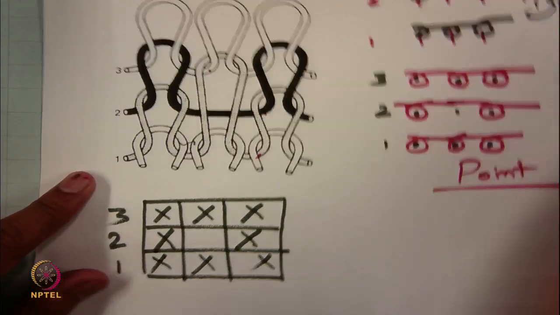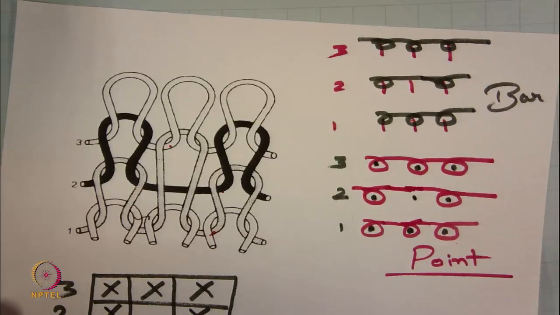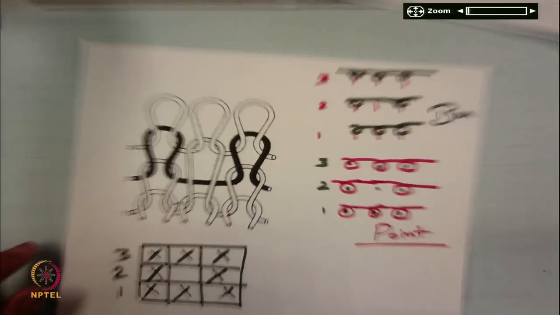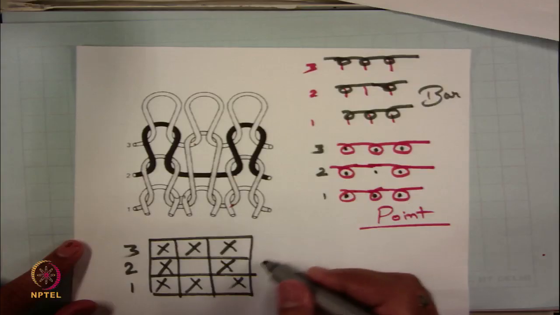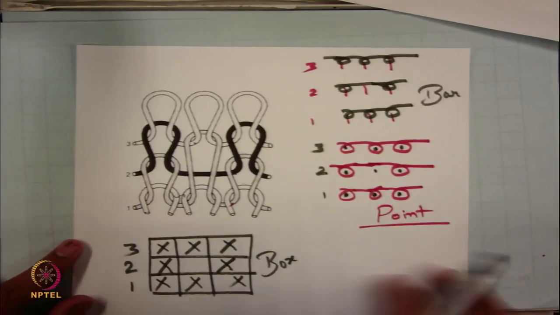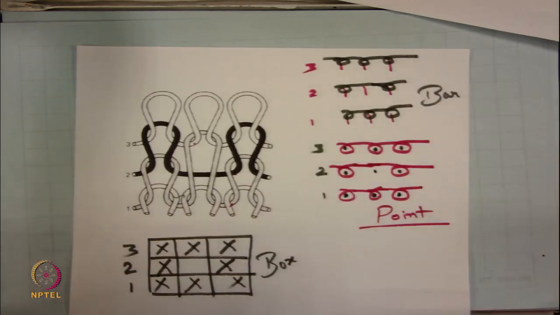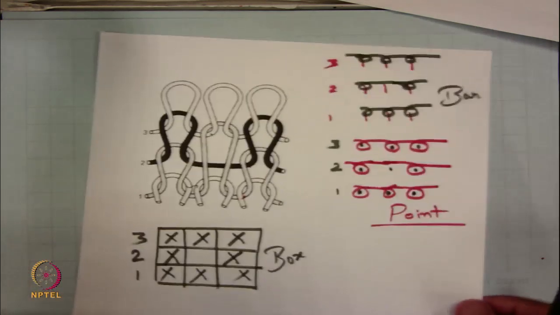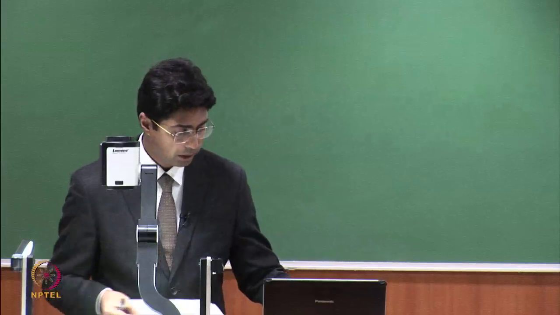So, it depends on you which one you actually want to follow. Each of these notations, point, box and bar, has its own utility. So, I expect you to at least follow one of these methods. If you understand any one, you would be able to describe the other notations as well. Now let us move to the second example where you have tuck stitches.